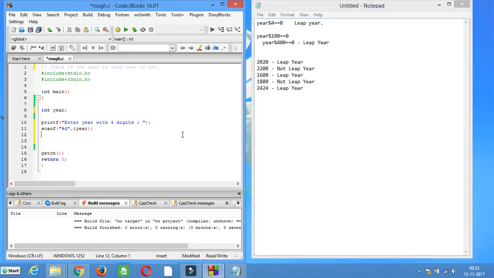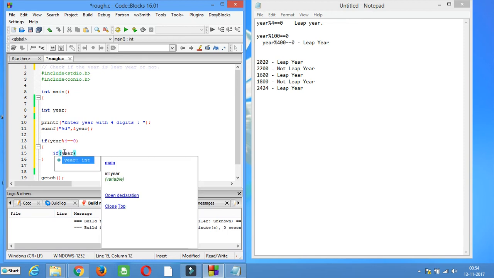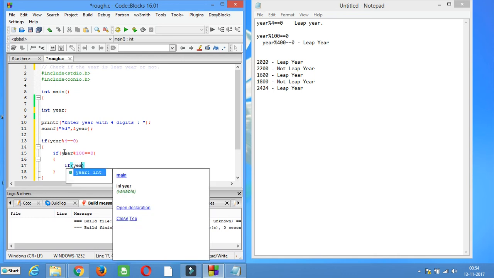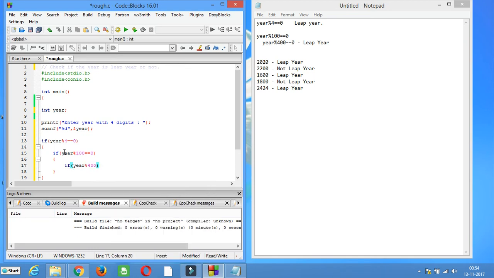Now see how to implement it with the help of a program. First we will take a variable year, then we will ask the user to enter a 4-digit year, and that number will be saved in the year variable. Then we will check whether year is divisible by 4. Then we will check whether that year is also divisible by 100. If that year is also divisible by 100, then the third condition needs to be checked, whether that year is also divisible by 400,